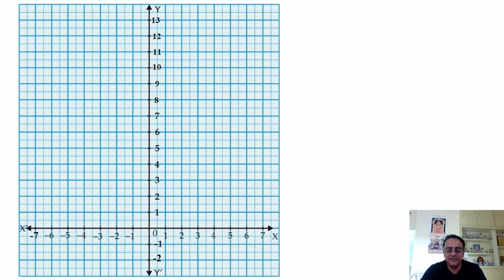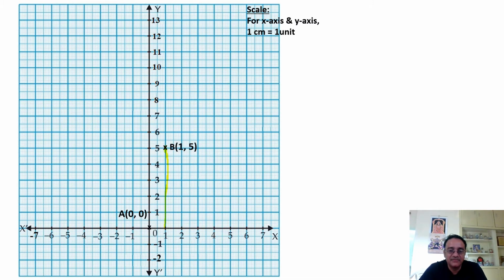So ये graph है, this is the graph. The same scale I have taken, 1 centimeter is equals to 1 unit for both x axis and y axis. So we'll start with point A, 0 0, that is origin. Next point 1 5. So we have to start from 1 से स्टार्ट करना है अप टू ऊपर की ओर. 5 इज पॉजिटिव है ना, सो ऊपर की ओर जाना है, नेगेटिव रहेगा तो नीचे की ओर.